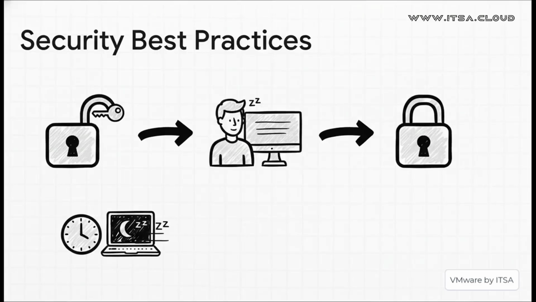So why is it off by default? Because giving someone direct access to the hypervisor is a huge deal. The rule of thumb is this. Only enable it when you absolutely have to for troubleshooting or a specific task, and then, you guessed it, disable it as soon as you're done. Another thing that's absolutely crucial is to always set idle timeouts. This is what prevents you from walking away from an open console and basically leaving an unlocked door straight into the heart of your entire infrastructure. This isn't just a friendly suggestion, it's a critical best practice.